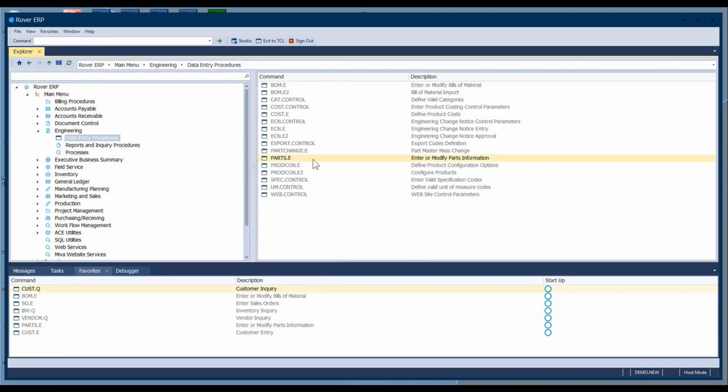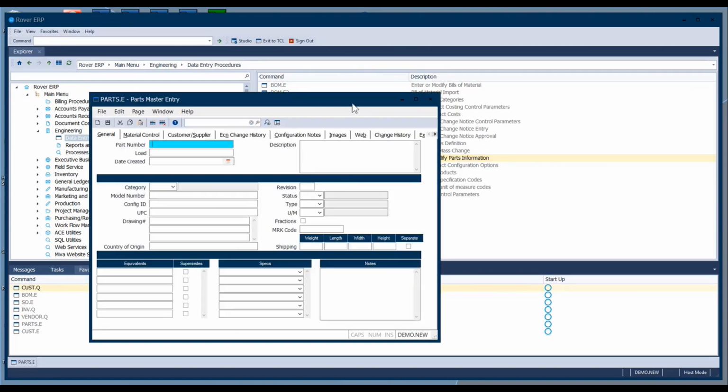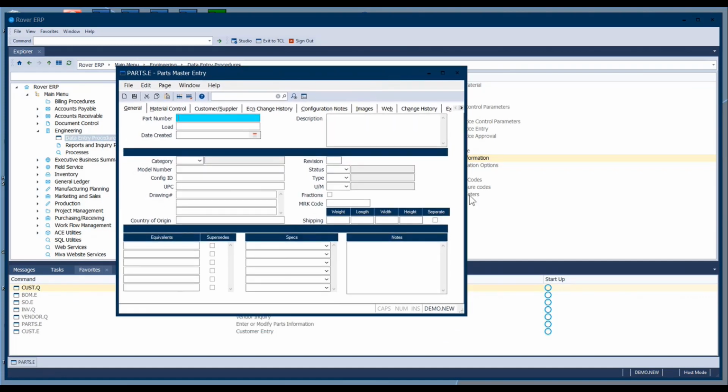Now, everything that has a part number must be a part record. We don't have multiple different files, one for assemblies and one for components. We have a single part master file, and when you open it, you establish it as a type, a component or an assembly, or a phantom or a line stock item. So we come up to the parts master screen, and at this point we can enter a part number if